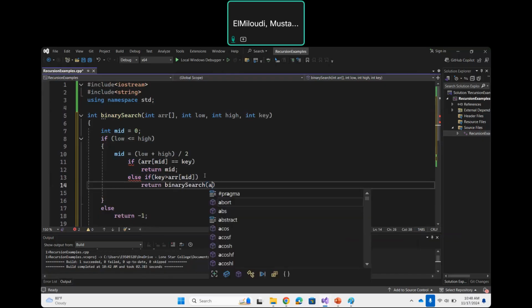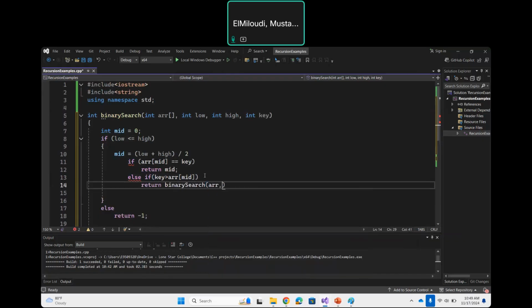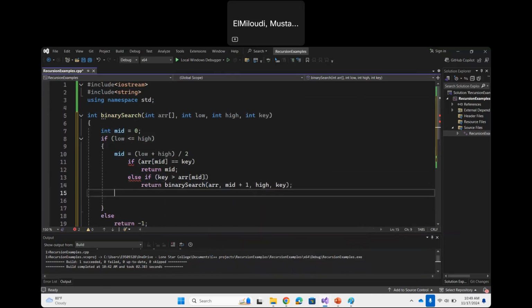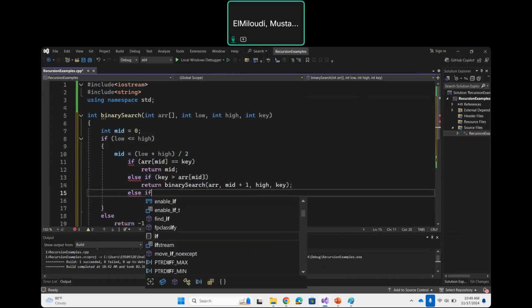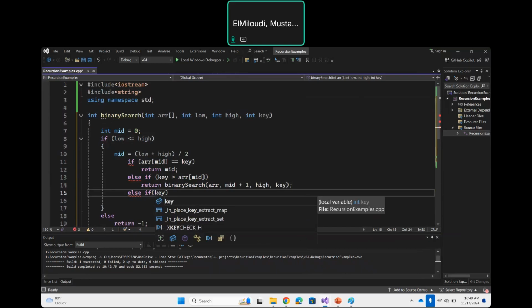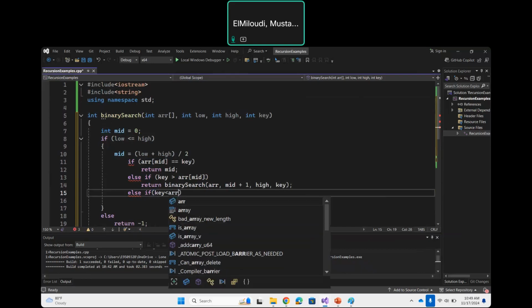The array will be the same. The low will be what? Because the key is on the right side, so we're going to change the low. Low will be mid plus 1. High will be the same and key will be the same. Okay. And then what about if it is on the left side? Else if the key is less than arr[mid],